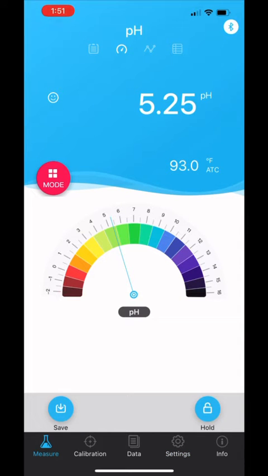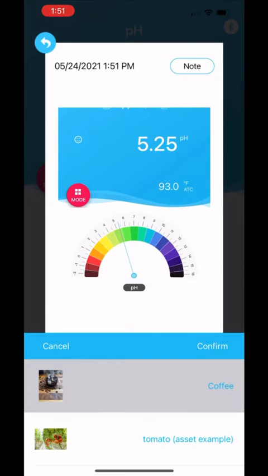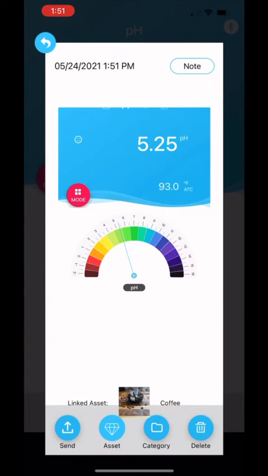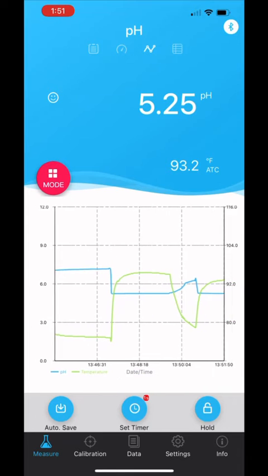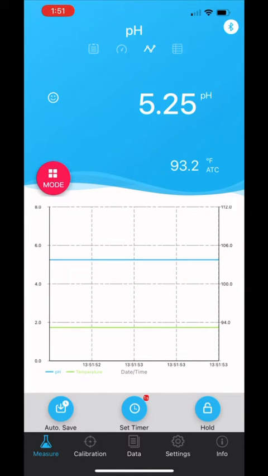Now when you go to save your sample, hit Asset and select the one you just created. You can also do this with your autosave timer. Just hit Save, then an asset,